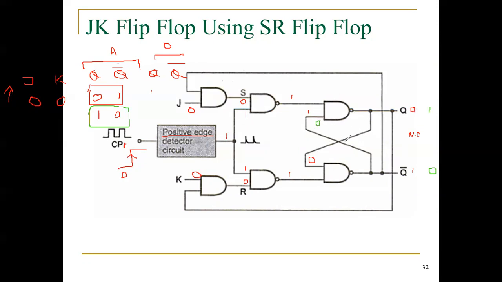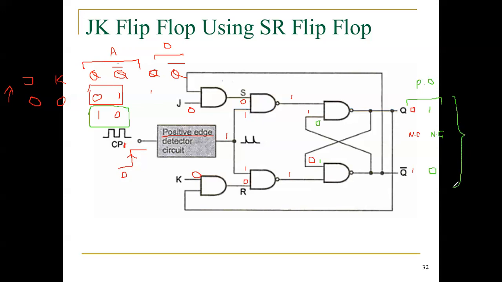Because one of the inputs of this NAND gate is equal to 0, output will be 1. That 1 comes to here. Again, all the inputs are 1 in this NAND gate. That makes the output equal to 0. So, what will be the observation here? Whatever may be the thing, you consider it as the previous output. The same thing only is obtained or retained in the operation.